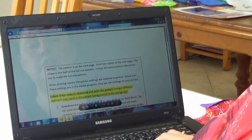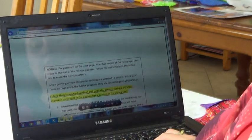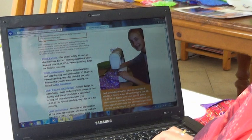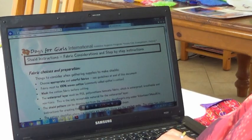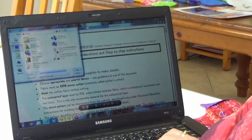And it's important that you actually download and save this to your computer because it prints better from your computer than from the internet. So go ahead and download it. And if you go back to where we were, it's also worth downloading the shield instructions, as it has the measurements which are important for making the shield correctly. So go ahead and download those as well so you can refer back to them later. Having downloaded both of those items,